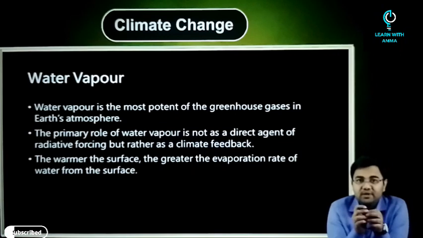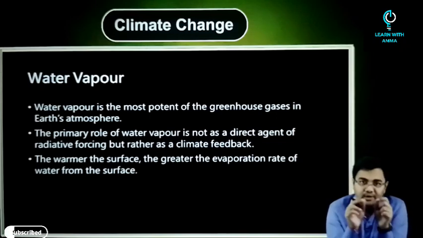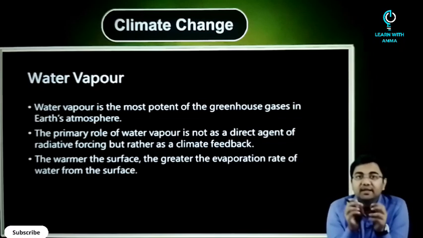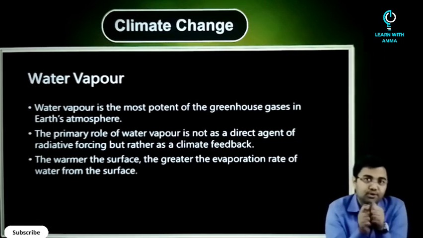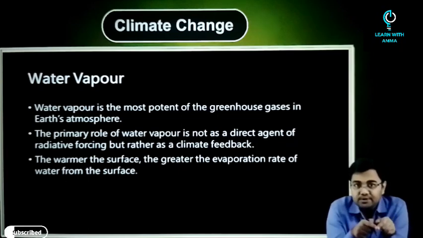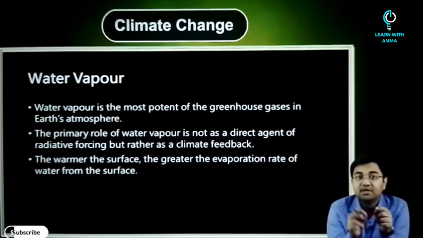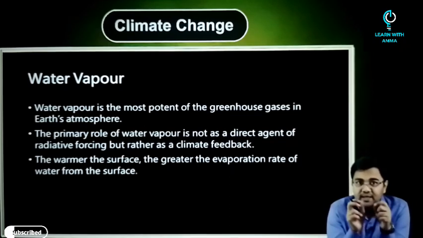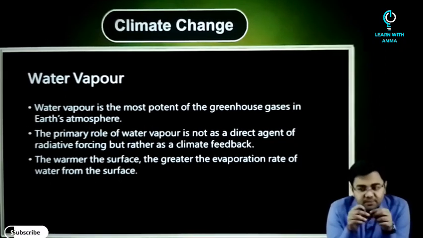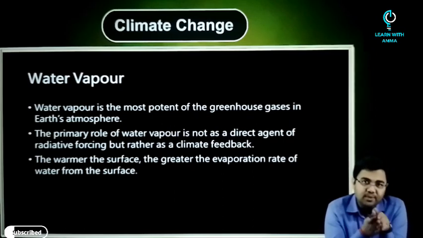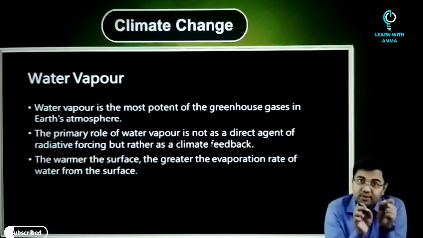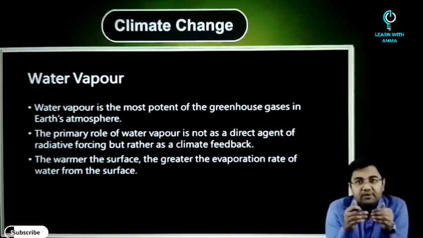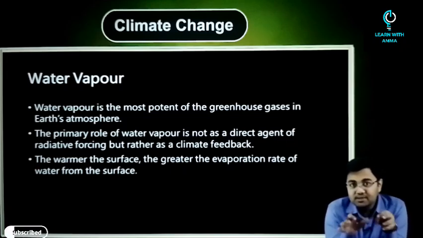First of all, we have to understand that greenhouse gases warm the surface of the Earth. I'm reiterating myself, I know, but you have to understand this. They do so by increasing the net downward long wave radiation that is reaching the surface. We discussed what is long wave and what is short wave. The relationship between the atmospheric concentration of greenhouse gases and the associated positive forcing of the surface is different for each gas. There is a very complicated relation between the chemical properties of greenhouse gases and the relative amount of long wave radiation that each one of them can absorb. That's why we'll discuss the behavior of each of these greenhouse gases.